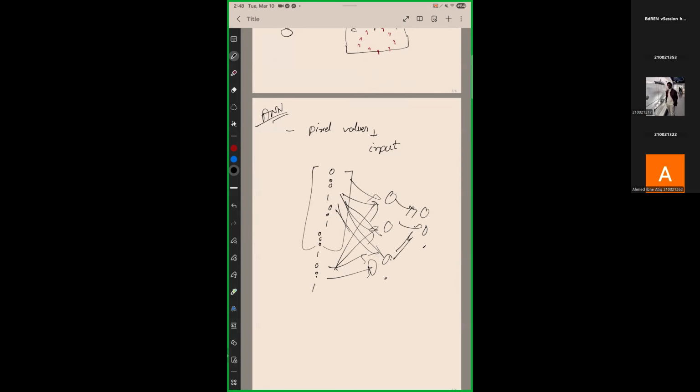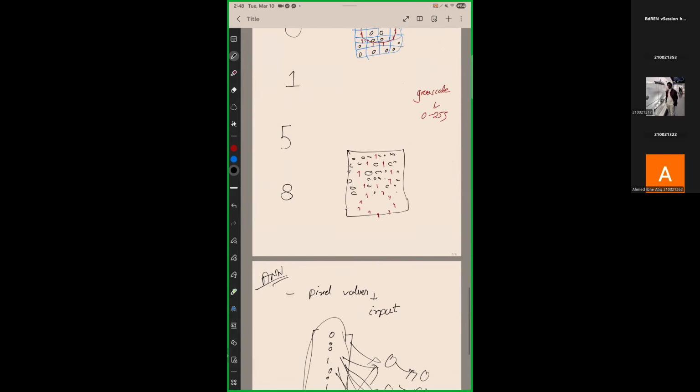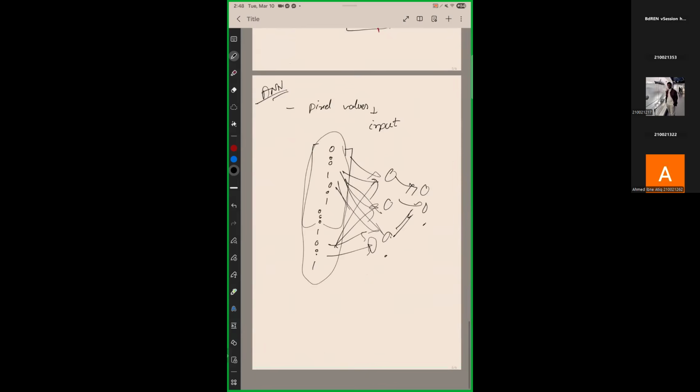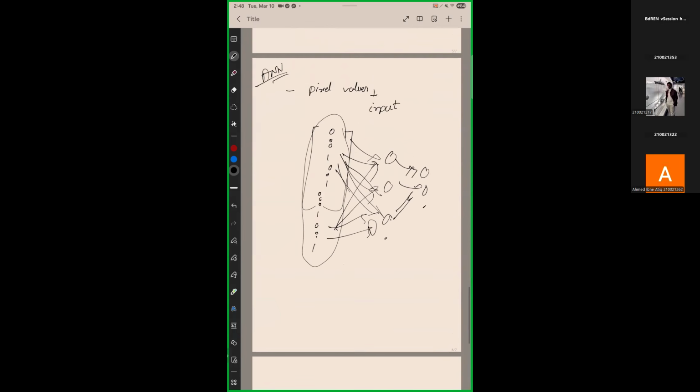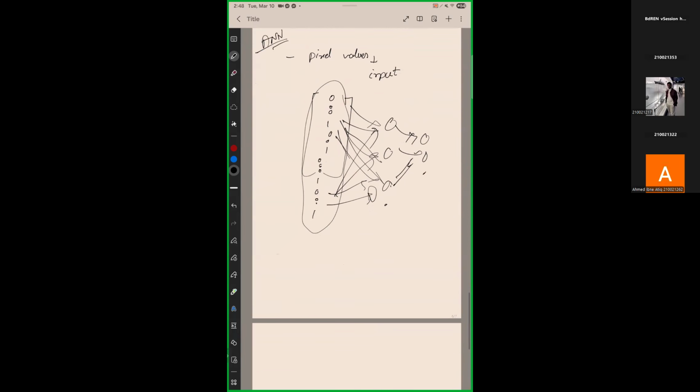Acha. The problem is, if you flatten it this way, there is no specific pattern. There are some patterns, but not very specific. There is no proper way to identify how the pattern is actually coming. So if you simply flatten it and feed it into a neural network, the prediction performance is going to be very poor. Because you are not actually identifying any pattern, you are just putting in the pixel values. So the relative information of pixel values is very low, and the performance is going to be extremely low. Another thing is that